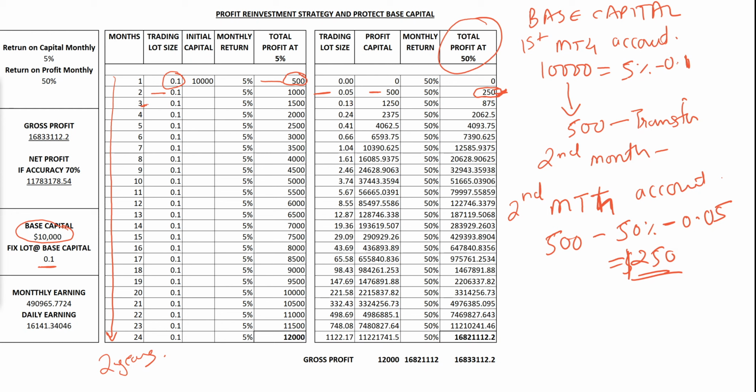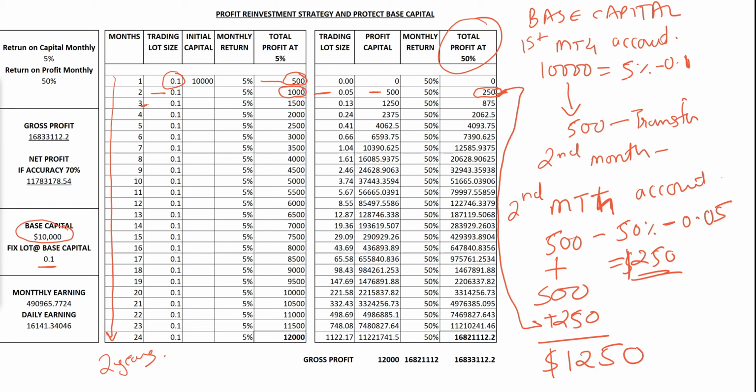capital, and this is your total profit at the end of the second month, 250 and an additional 500. What will happen in the third month, as you can see, 500 plus 250, it's 1250, 500 plus 500 plus 250. So as you can see, in the third month, like the first month, you have the total profit of $1,000. So again you will transfer it to $50, so it will be 1250, which you